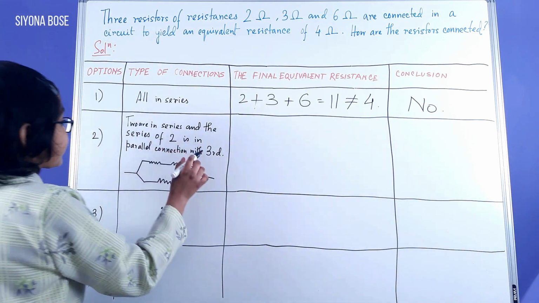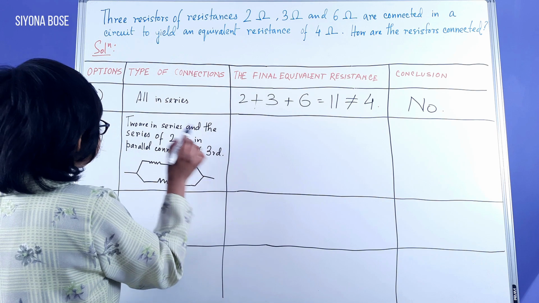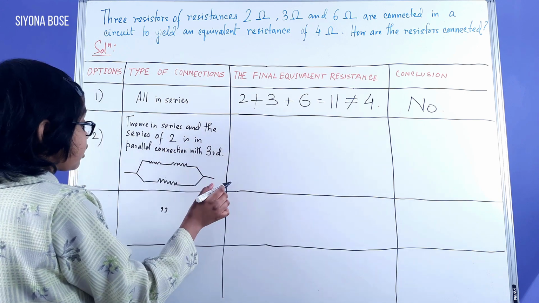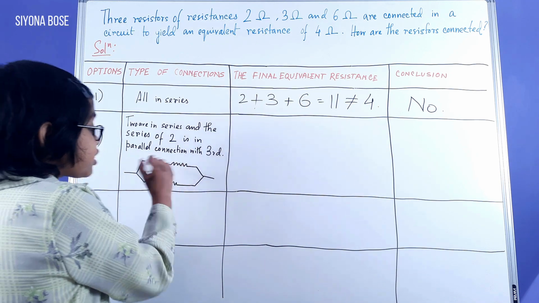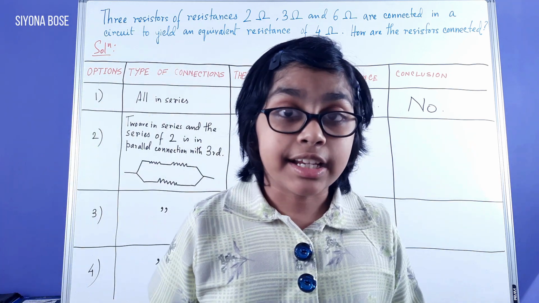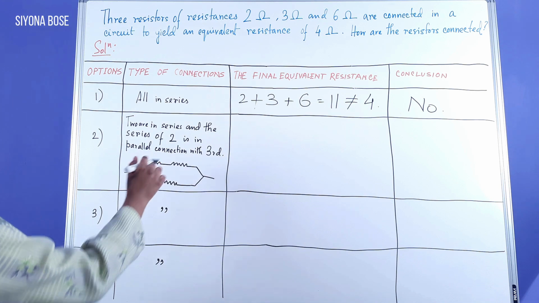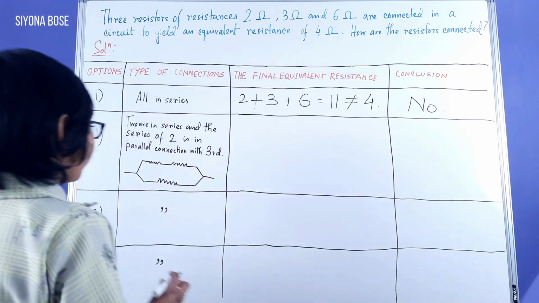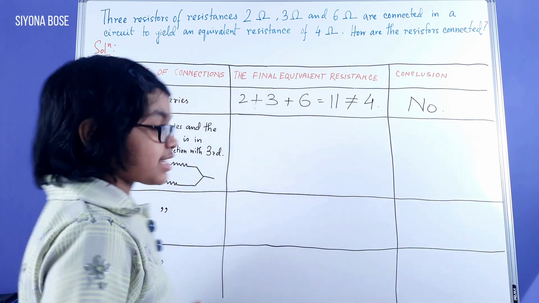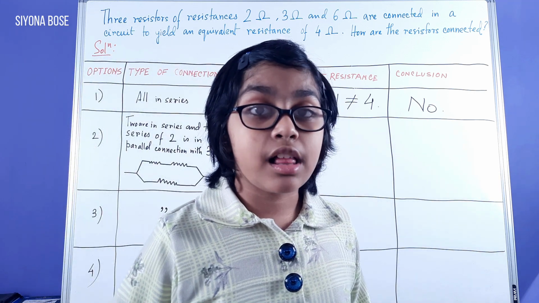Two are in series, and the series of 2 is in parallel connection with the third. Okay, in this possibility, we can take 2 of the resistors connected in series as one total thing, in parallel with another resistor. Now the values we can vary, hence we have the same thing for the other 2 possibilities because